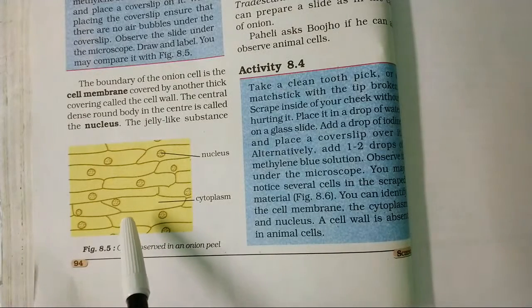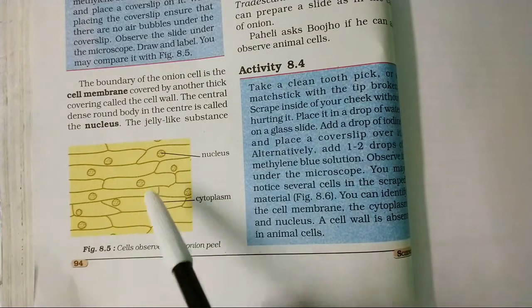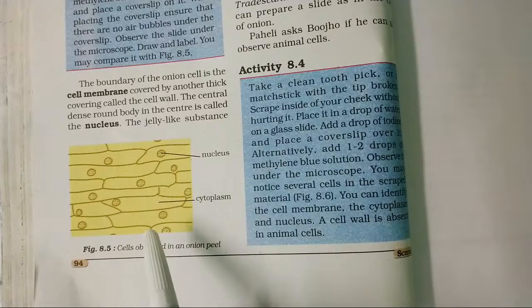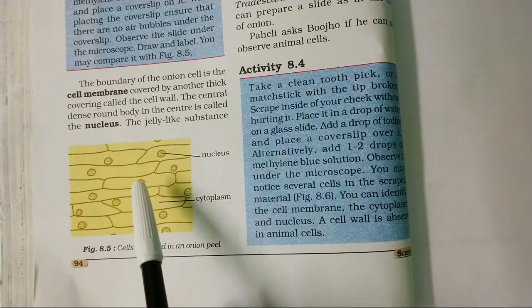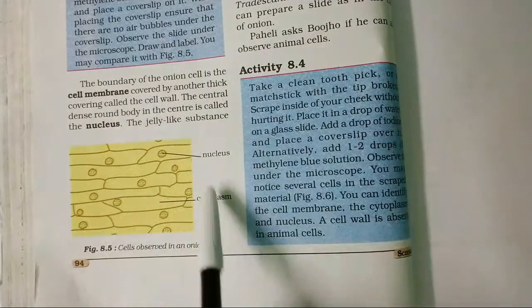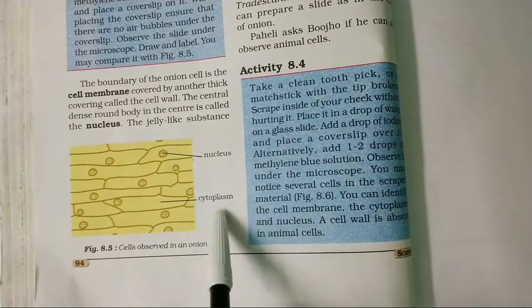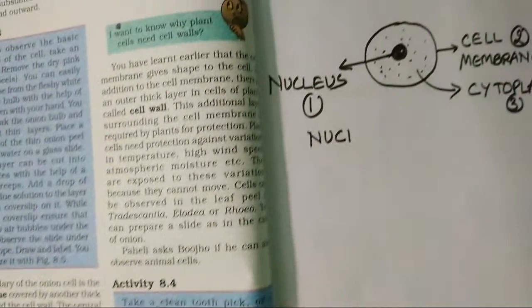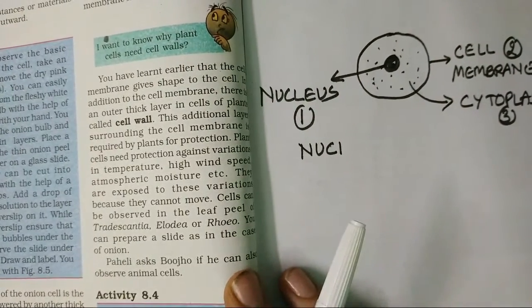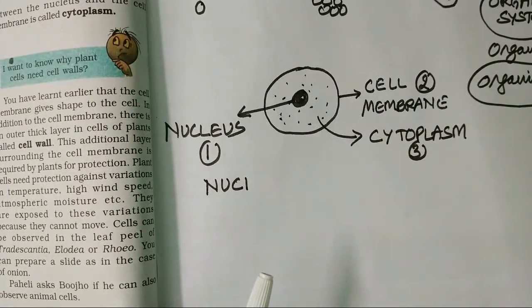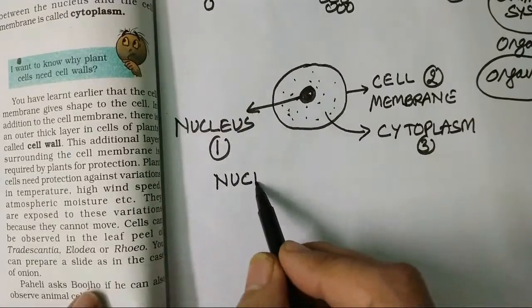This is the slide. Whenever we observe anything under a microscope, it is colored because every substance under a microscope is small and would not be visible. Therefore, you have to give it a color, and that is called a dye. The boundary of the cell is called the cell membrane. Inside the cell membrane, there is cytoplasm and there is a nucleus. So these round spots which you are seeing are the nucleus. These are the three main components: cytoplasm, cell membrane and the nucleus. Together, all three are called the